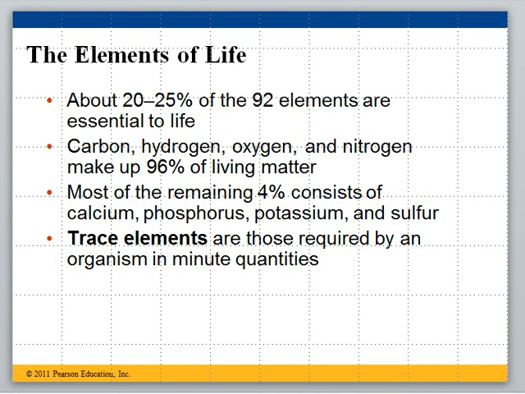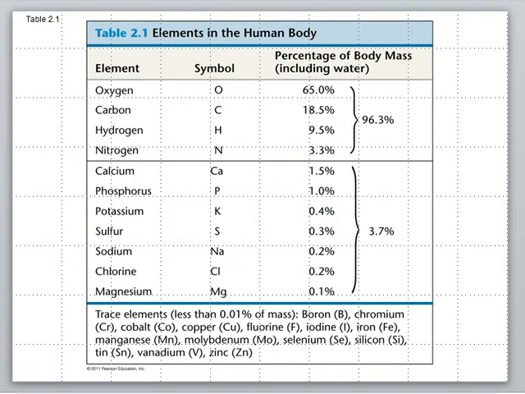And then the very tiny percentage left is called trace elements, and those are required in very, very tiny amounts. So here we have a breakdown, and you can see that the oxygen, carbon, hydrogen, and nitrogen by far make up the largest percentage, and that would include the water in your body, the H2O. So there's a lot of hydrogen and oxygen because it's a good 3/4 of your body to begin with. And then almost all of the remaining fits into a fairly small list, and you can see the trace elements listed at the very bottom.